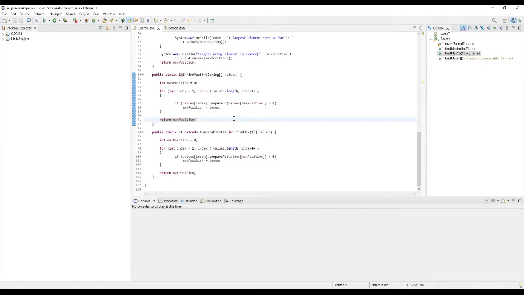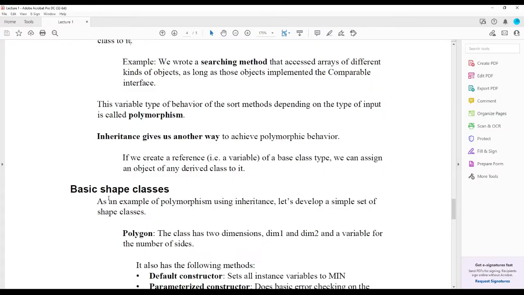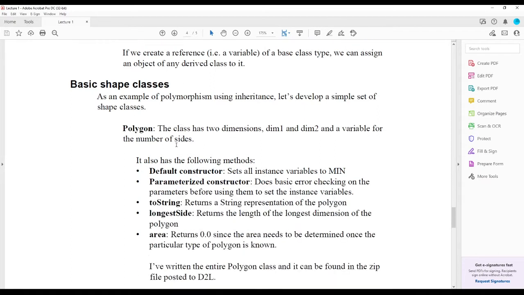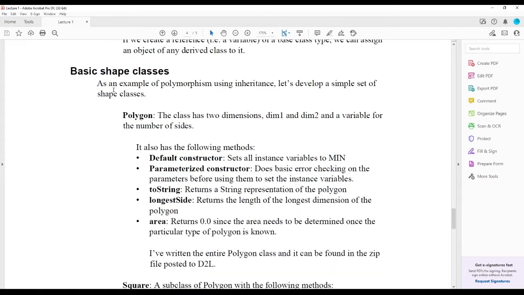So what we would like to do here is expand on this idea of polymorphism by taking a look at a few of these shape classes. Again, this variable type of behavior based on the object's input that we're getting is what is called polymorphism. And then our inheritance is going to give us another way to achieve this polymorphic behavior. One more thing here is